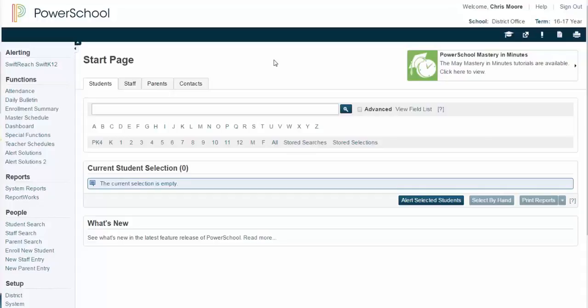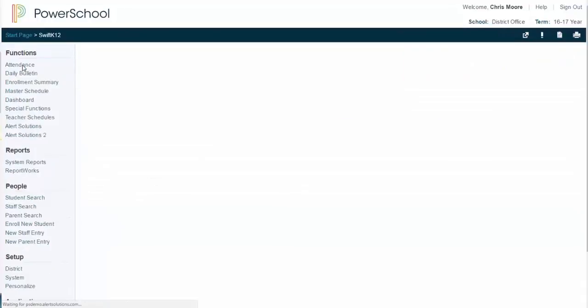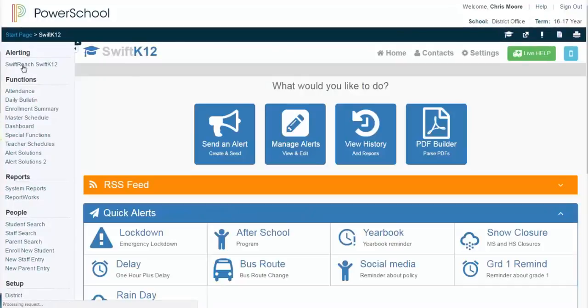In order to access your settings for the district level, which is what I will use in this on-demand training session, you'll start over in the alerting section and click on SwiftK12. You will also want to do this at the building levels. Again, we'll be using the district office level only, but as you switch buildings, you'll be able to do the